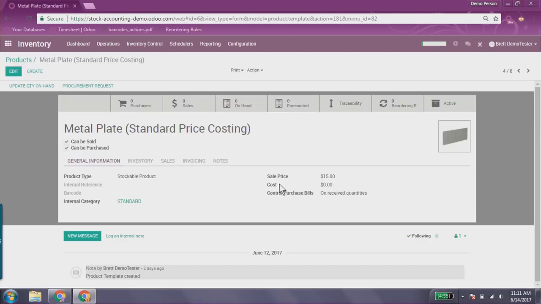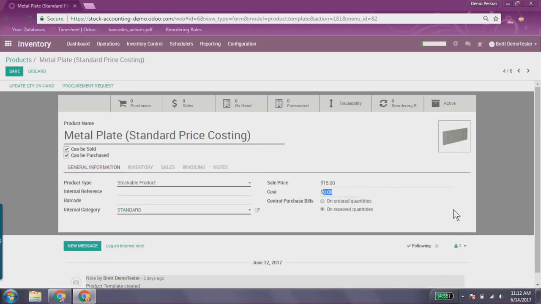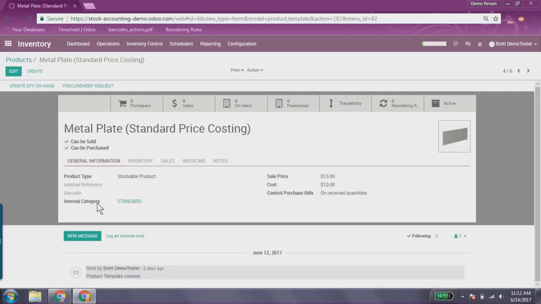Now, as we mentioned earlier, the standard cost method only looks at this value, the cost value right here, when it is adding up your inventory and coming up with valuation. So for this, I'm going to set it on the product at $10 right here. Okay, the product is set, it's got the category, and it has a cost price associated with it. So now we can save the product